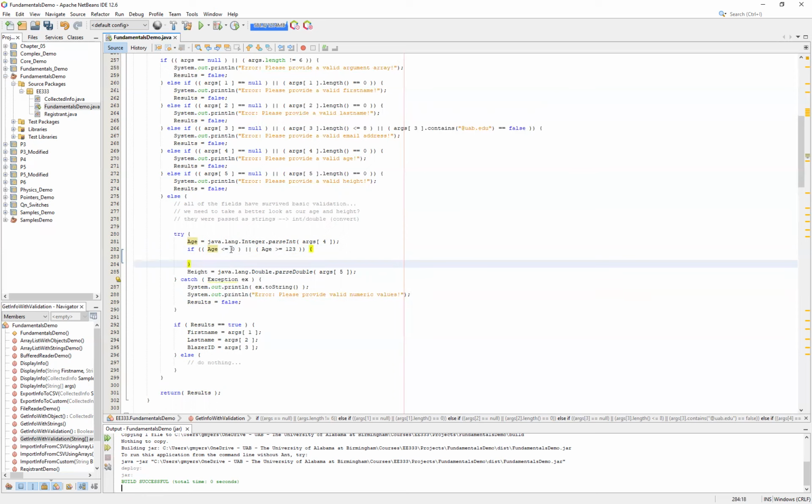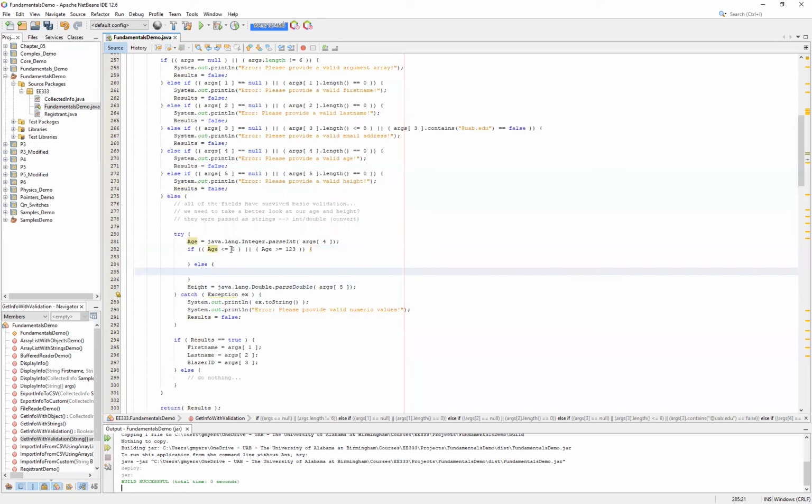Now, in earlier examples, what we would do is simply print a message out to the console, as well as changing our results from true to false. But I'd like for us to do something a little bit differently here. And so under the else branch, basically we're going to do nothing because we're going to assume that the age is valid. But here in the true branch of this if statement, in other words, if either of these conditions have essentially failed to be met,